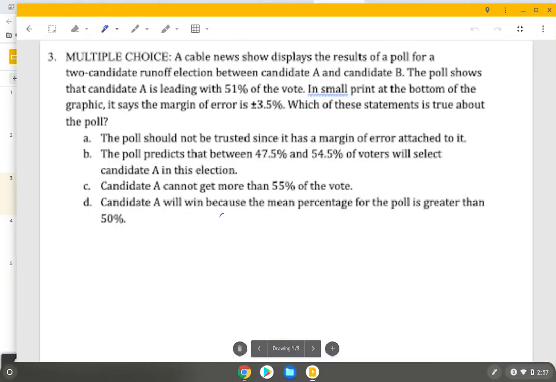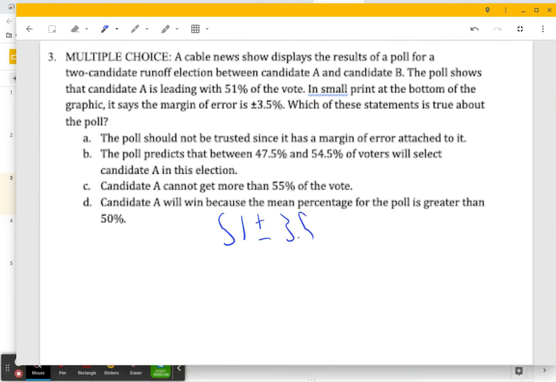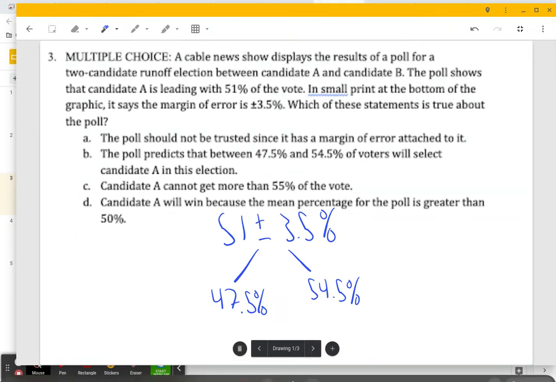The interval is going to be 51 plus and minus 3.5%. So I'm going to take a calculator and I'm going to take 51 and I'm going to add 3.5%, and that's going to be 54.5%. But I'm going to take 51 and I'm also going to subtract 3.5%, and I get 47.5%. Okay? So by the definition